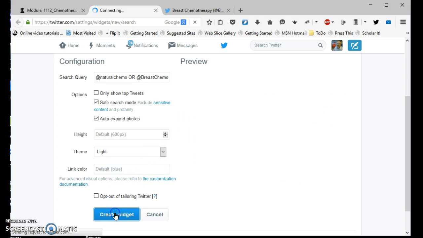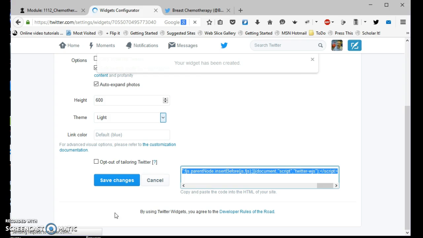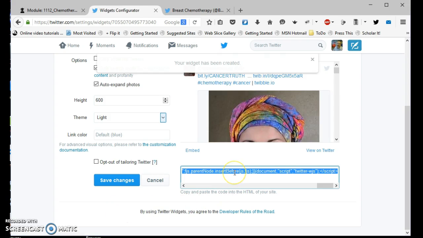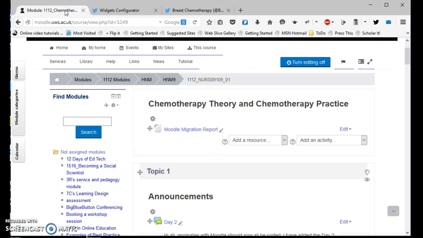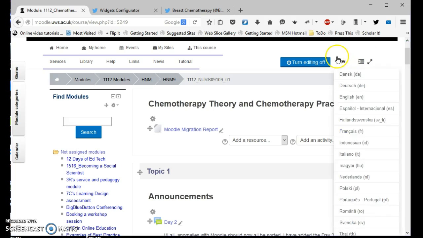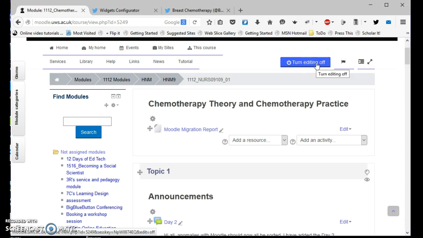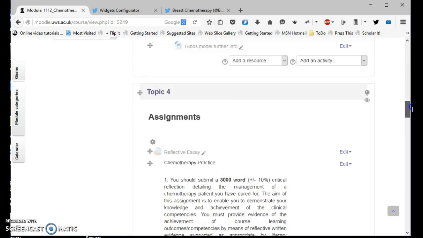So then create the widget, and that comes up with some code. I do Control C to copy that code and then into Moodle. In Moodle, if editing isn't turned on, then turn it on. And when you turn it on, when you go to the bottom of the left-hand